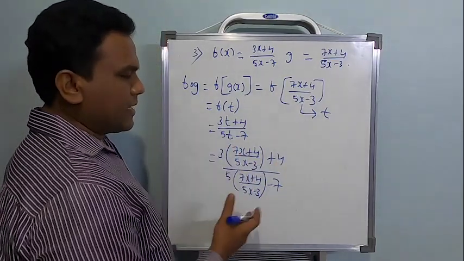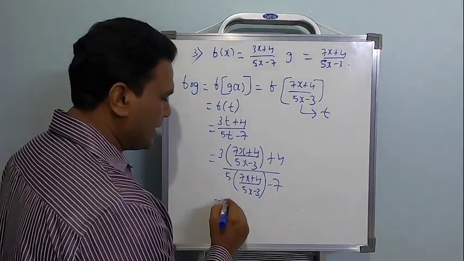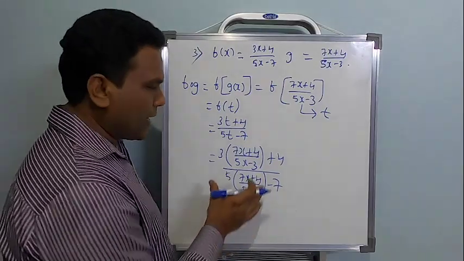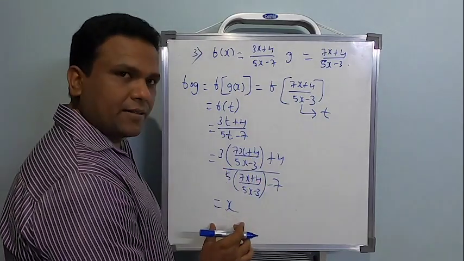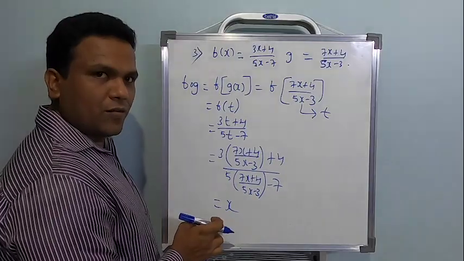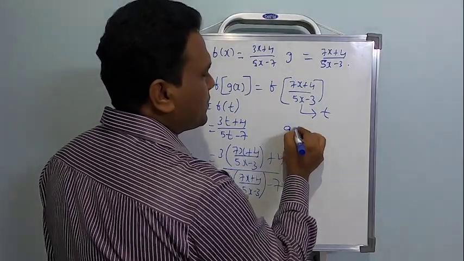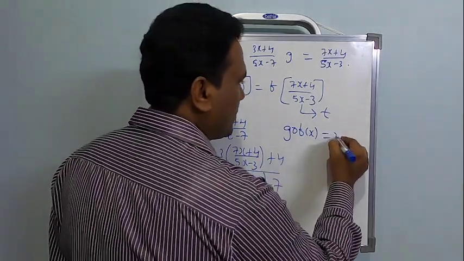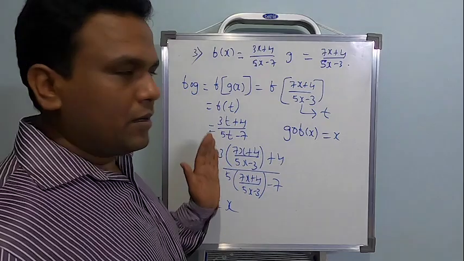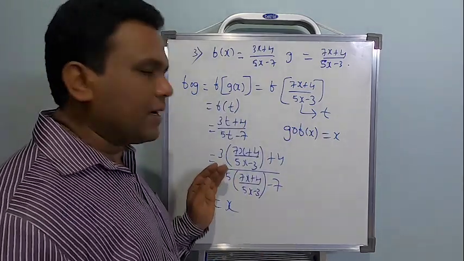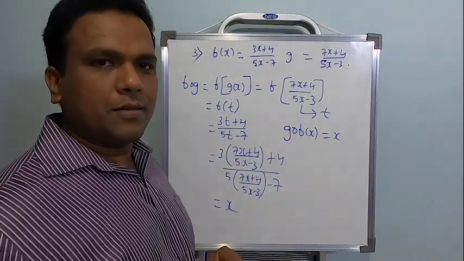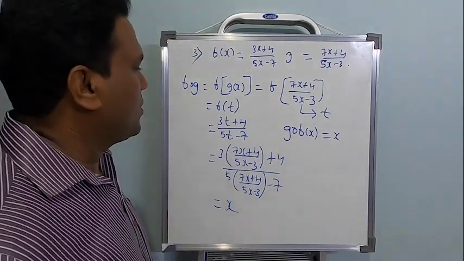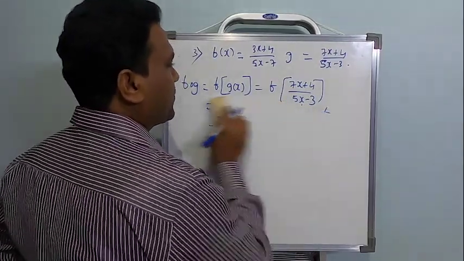I suggest you take the LCM and simplify. Finally, you will be getting x only. I'm not writing it out as space is less, so I'm telling you to do it. Take LCM, simplify, and you will be getting f of g of x equal to x. Repeat the similar procedure for g of f. Then also we are going to get the final answer equal to x. It is a bit lengthy and space won't be enough, so I'm giving you a hint how to do it. You can do it, they are simple ones. So take LCM and simplify, that's all you need to do. Okay students, so that's about problem number 3.